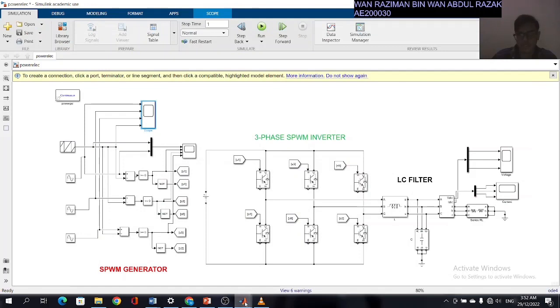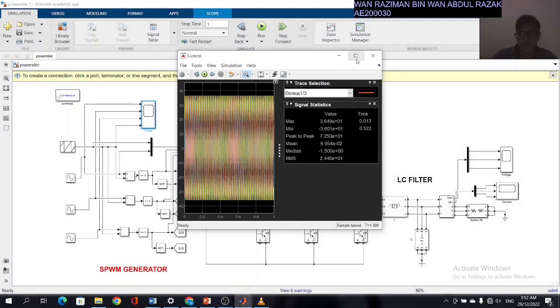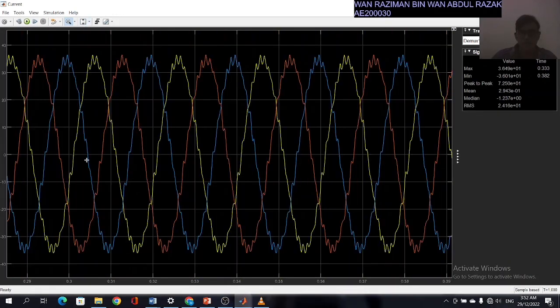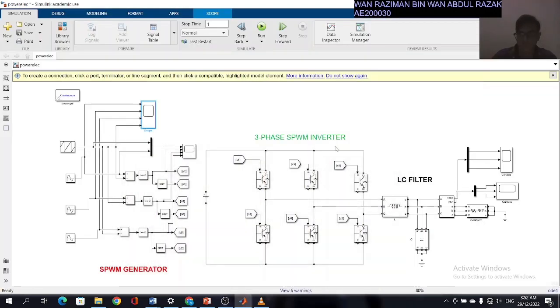Next, for the current, we also got a sine wave, but not too smooth, with the peak maximum of 36 ampere. This is the LC filter that functions to lower the THD and make the waveform for the voltage and current become smoother. For the THD,